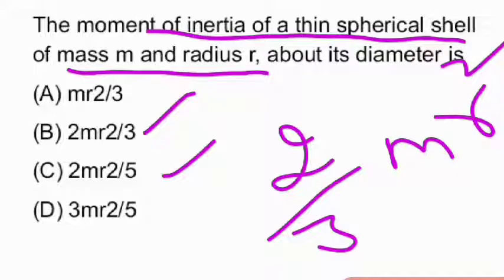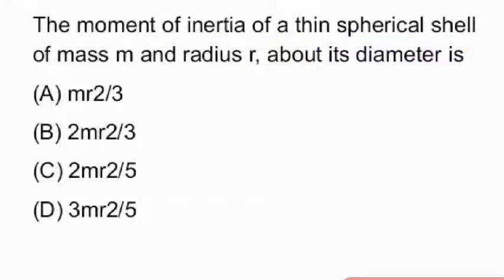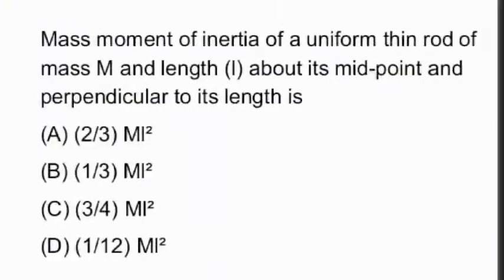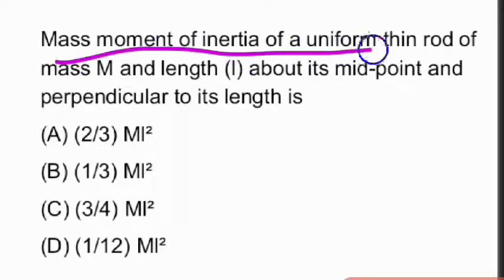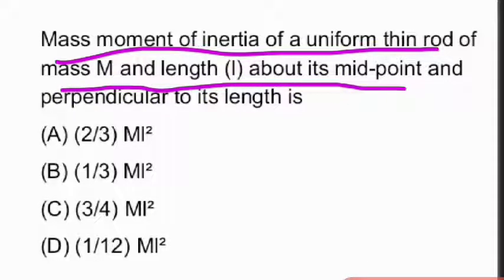That is the moment of inertia of a thin spherical shell about its diameter. Next question is, mass moment of inertia of a uniform thin rod of mass m and length l about its midpoint and perpendicular to its length is given by